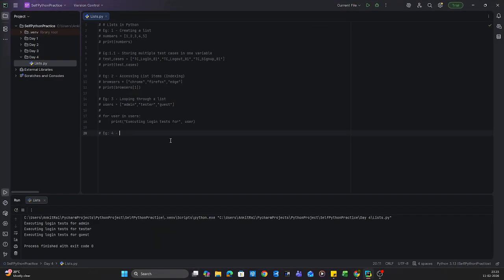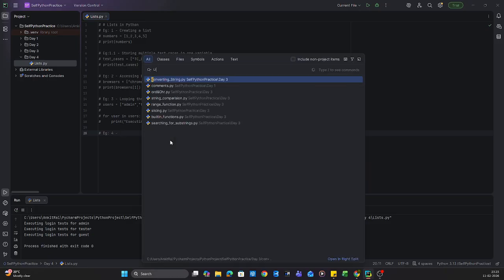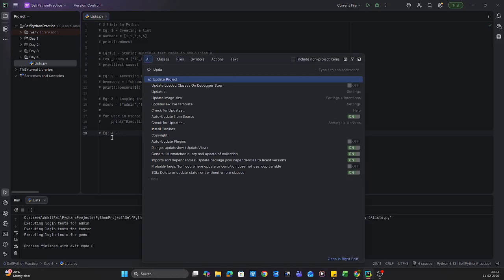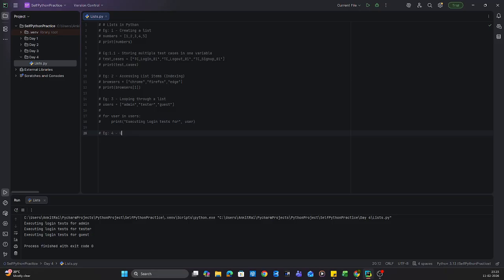So we are going to see that. At first I am going to update a list item, or let's say changing the test data. So I'm going to use the variable as test status. So this will help you to understand better. Test status, inside this I am going to store pass and fail values,